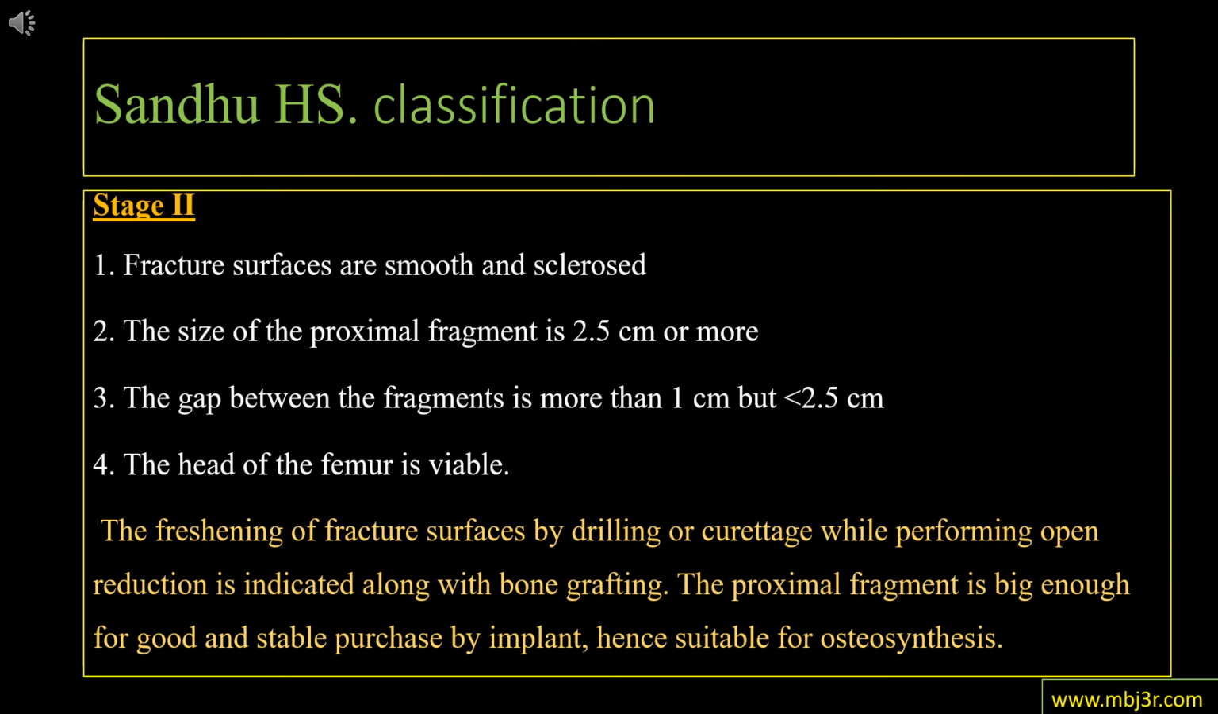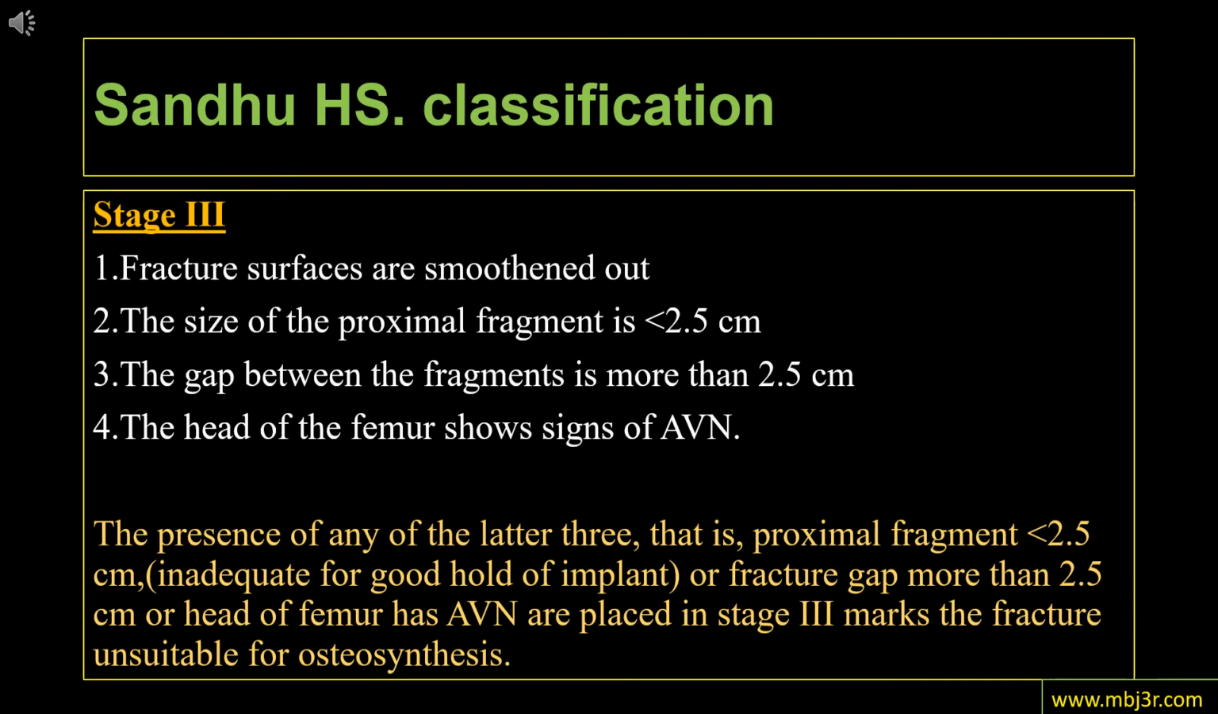Stage 3. The fracture surfaces are smoothened out. The size of the proximal fragment is less than 2.5 cm. The gap between the fragments is more than 2.5 cm. The head of the femur shows signs of avascular necrosis. The presence of any of the latter three, that is proximal fragment less than 2.5 cm, or fracture gap more than 2.5 cm, or the head of femur has avascular necrosis, places the fracture in stage 3, which marks the fracture